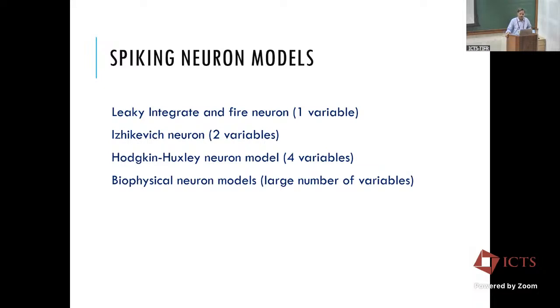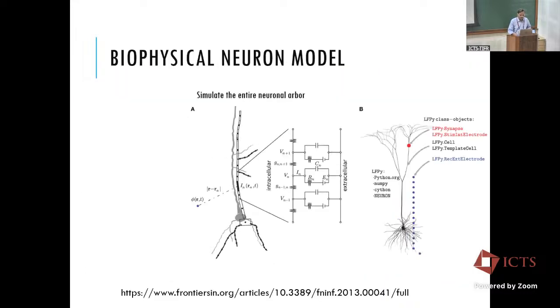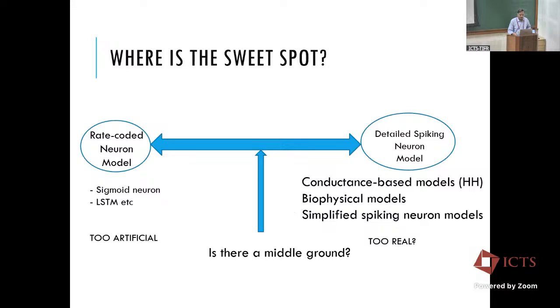The spike neuron models, again, you have a whole lot of them. You have simple single variable models to a very powerful Izhikevich two variable model to, unfortunately, standard, one of the first models, to much more detailed biophysical models. So I think since it's a neuroscience group, I don't need to really elaborate on all these different kinds of models. So now that leaves us with a big question, right?